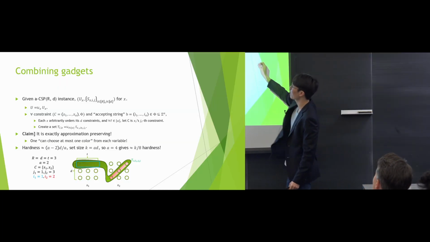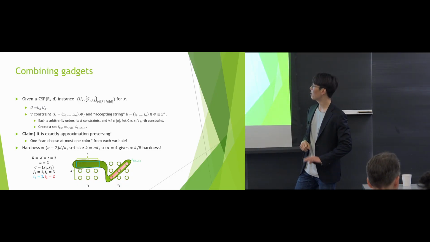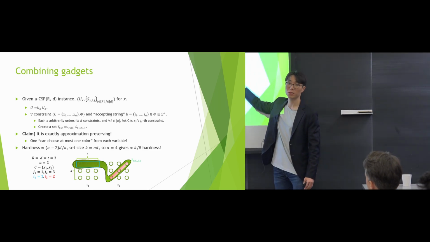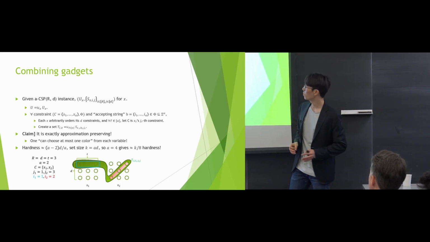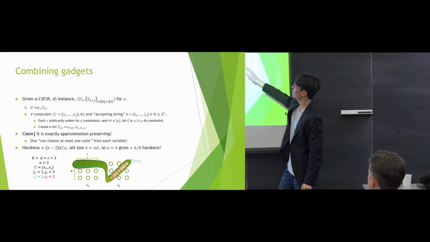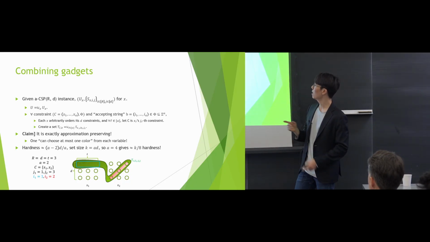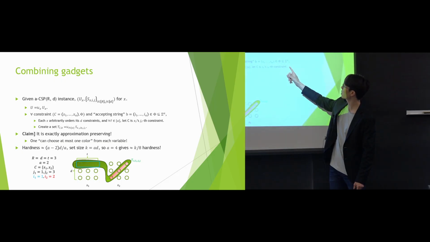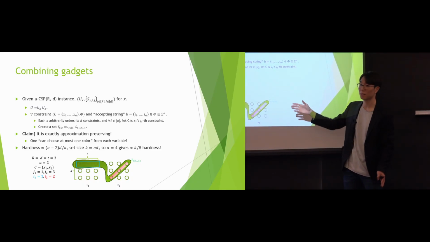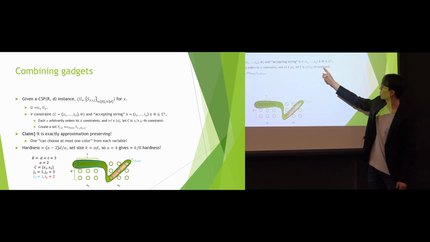Suppose that you're given the CSP instance where each constraint depends on A variables, the alphabet size is R, and the degree is D. Then our final universe is just the union of the universes for every variable. That's easy. And then how do you output your final sets? Each set corresponds to each accepting string over each constraint. So for each constraint that depends on A variables, say x1 through xA, and for each accepting string I1 through IA for that particular constraint,